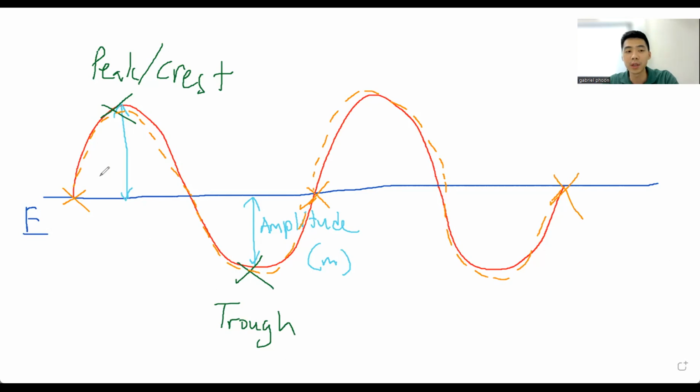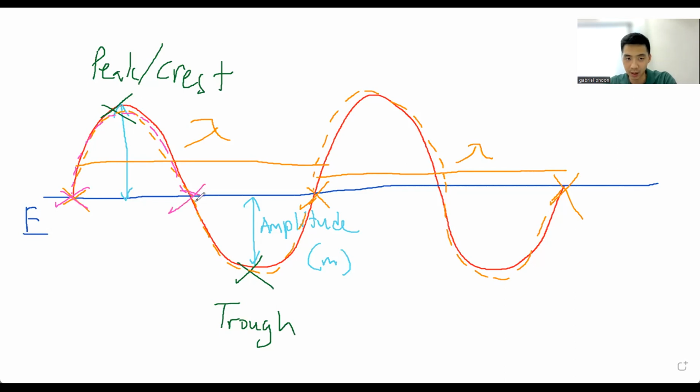So in other words, here to here is considered one wavelength, or here to here is also considered one wavelength. If you tell me that for some godforsaken reason, starting from here, up, down, repeat, down, up, repeat, up, down, repeat, then down, up, repeat,